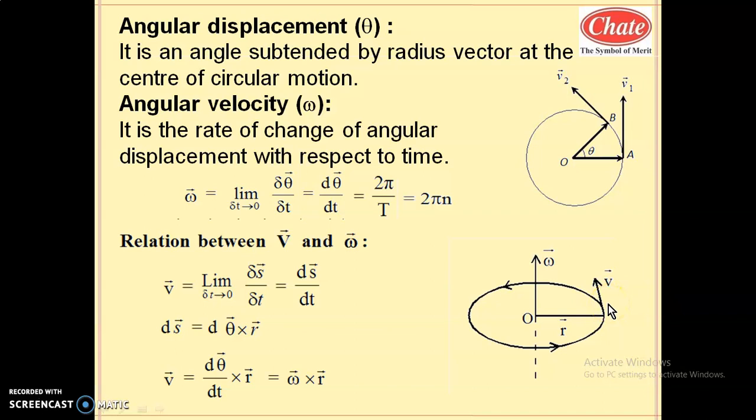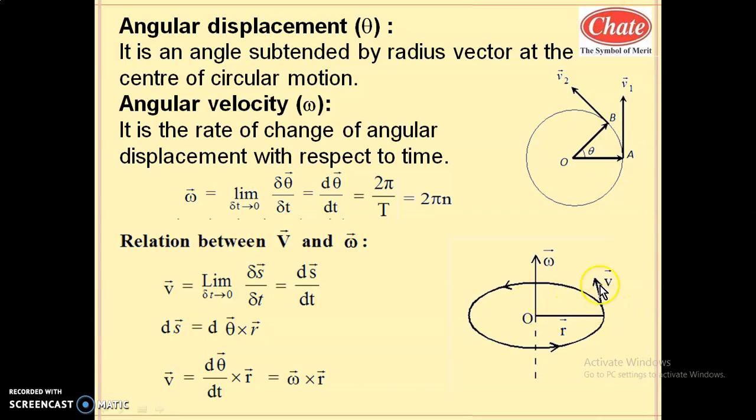What is the right hand rule? If the product of two vectors results in a vector quantity, such a product is given by the cross product. So stretch the thumb in the direction of v and look at the direction of your curled fingers. The direction of the curled fingers is from omega to r.